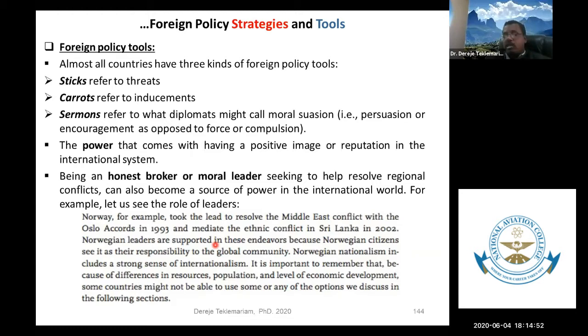A very good example is Denmark, where I did one of my master's degrees. Initially, the government of Denmark was strongly establishing a nuclear station. Once it was completed, the citizens of Denmark said they did not need a nuclear station, and they pushed the government to remove it and work peacefully with other countries. So they have this kind of tradition.